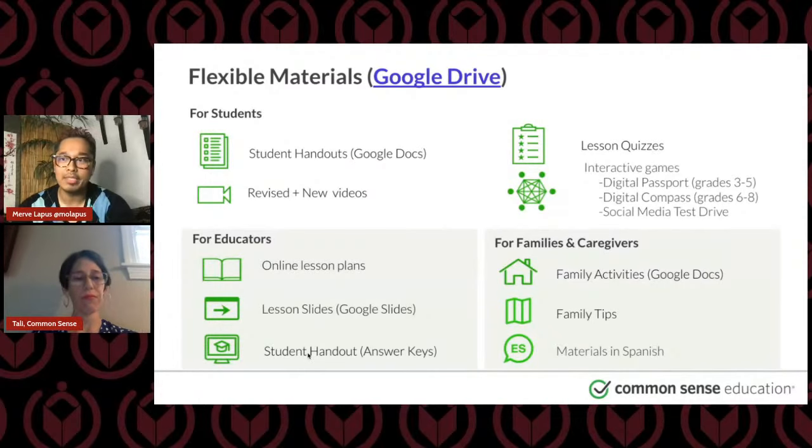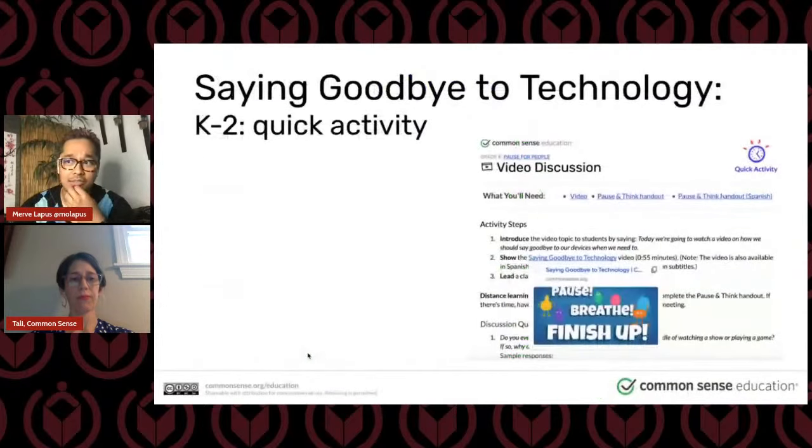Yep, exactly. And we want to make sure we gave you everything that you needed. So you can see here, in terms of the materials, it's all there ready for you to be able to use and really establish a whole community approach at how you address these issues. So engaging with your students, engaging with each other, even engaging with families, and making sure these resources are accessible. Now, if you don't have that much time to bring this into a full classroom period or have that deeper discussion, there are other ways that you can really bring these conversations to life. And I'm going to have Tali lead that next section.